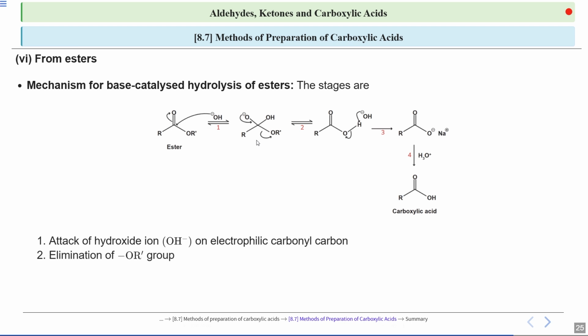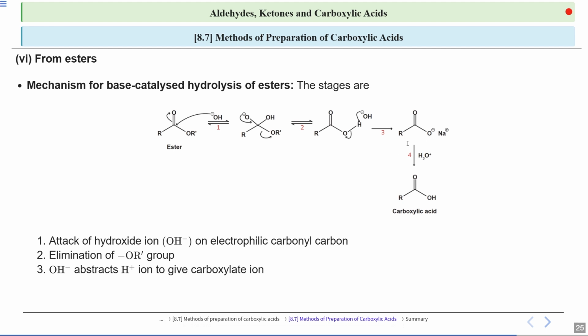Next, we have the elimination of the OR' group. This is the step where the ester linkage is broken, leading to the formation of an intermediate. You will see that you get a carbon double bond oxygen, and this OR' group will leave from here. Next, following the elimination, the hydroxide ion abstracts a hydrogen ion, which is H plus, to give